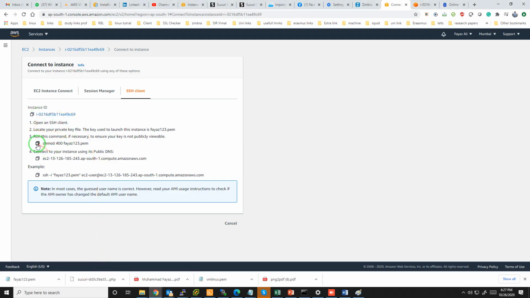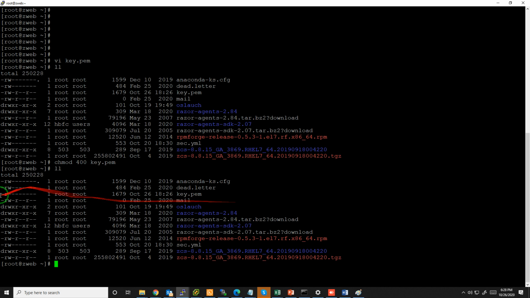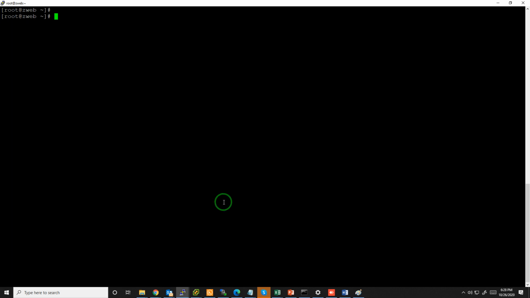It should be 400. So write this command: chmod, then 400, and your file name. Hit enter, and now your file is accessible only by the owner with read permission. So this is the permission side.